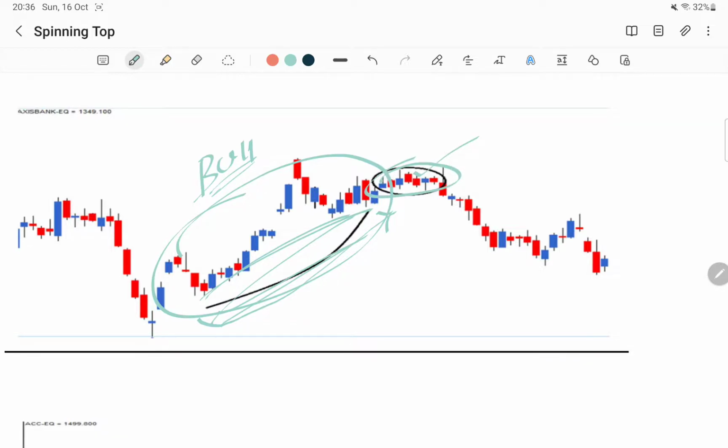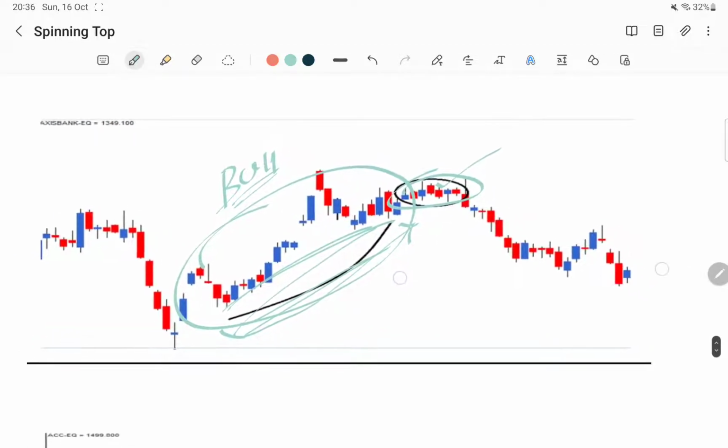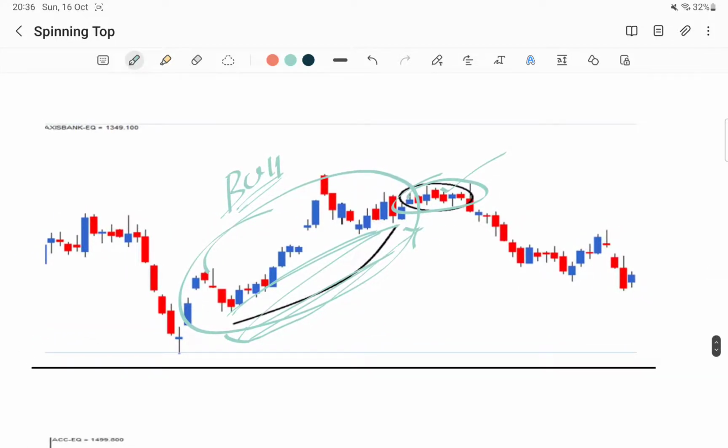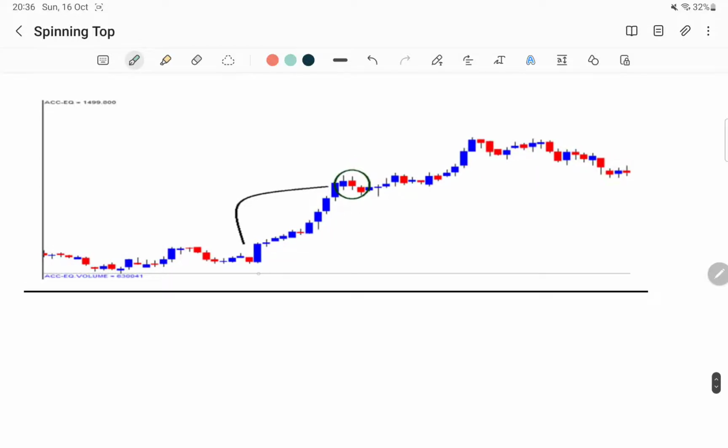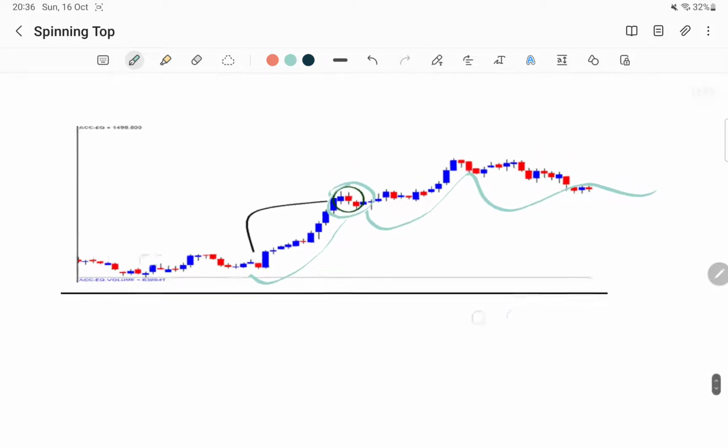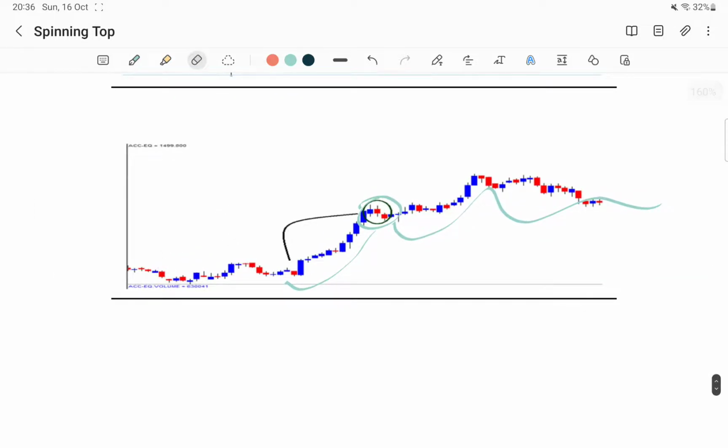The spinning top says there is no certainty that this bull run will continue in the future. Due to that, after this spinning top you can see a sharp fall has happened. So in this portion the bulls had the control, and then the bears entered this area. After that, you can see there is a sharp fall. In the same manner, here there is a clear-cut uptrend, then a spinning top formed, but after that the uptrend continues, as you can clearly see. From these four scenarios, or four areas that I have shown to you,